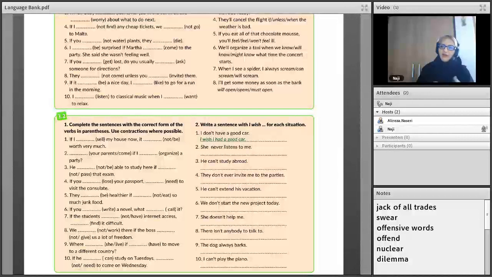And you know that with wish clauses, we can use simple past. I wish I had a car. With could, I wish I could have a car. And also you can use would. I wish my son would pass the exam, for example. And would is mostly used when the subjects are different.